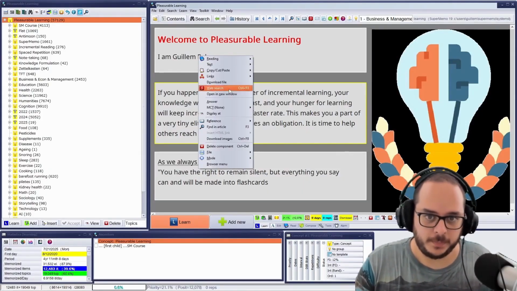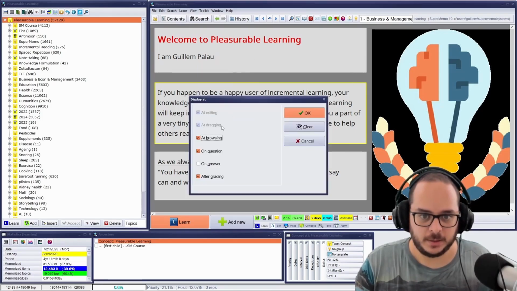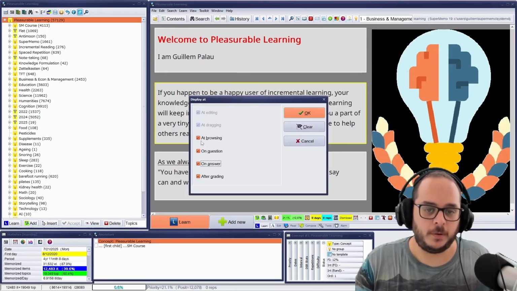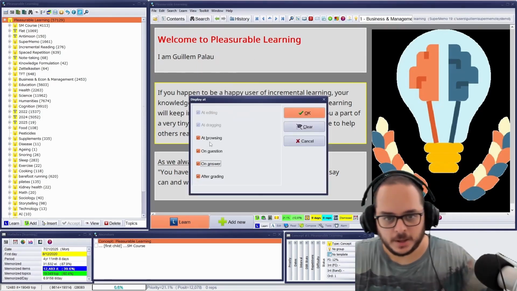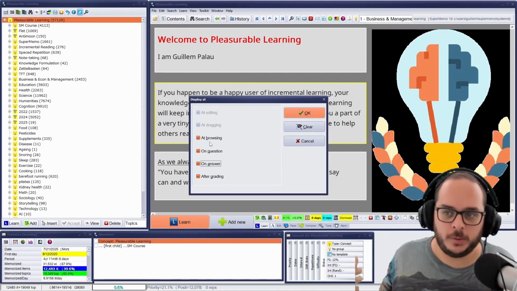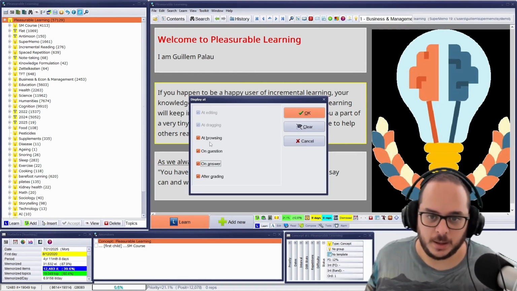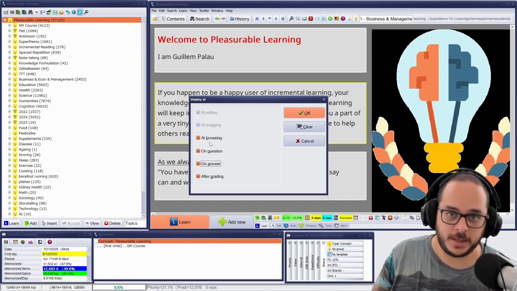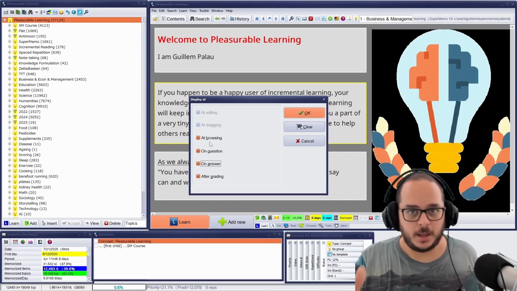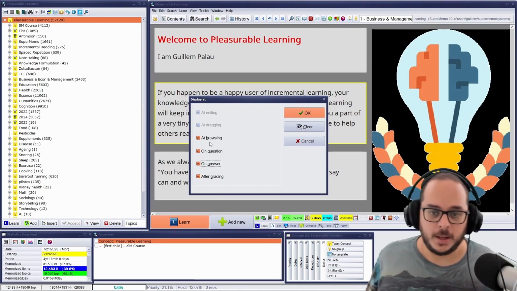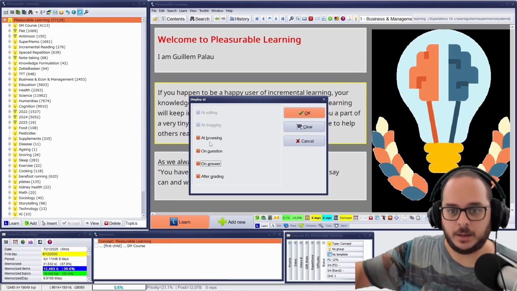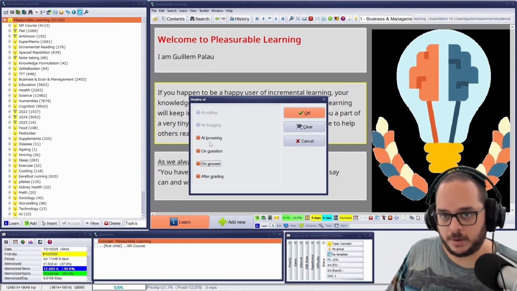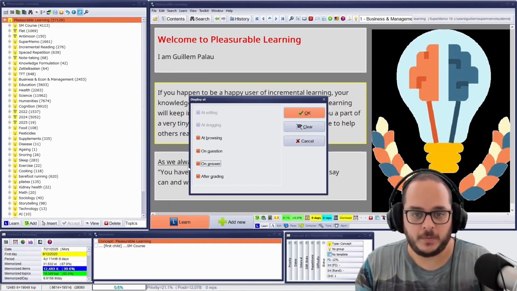In any component, display at, here I have all of those checkboxes. So at browsing, what does at browsing mean? It's when I'm not executing the repetition. So I'm not on the question time, and if it's an item, I'm not during the repetition cycle, on the answer or after grading. So if I uncheck everything,